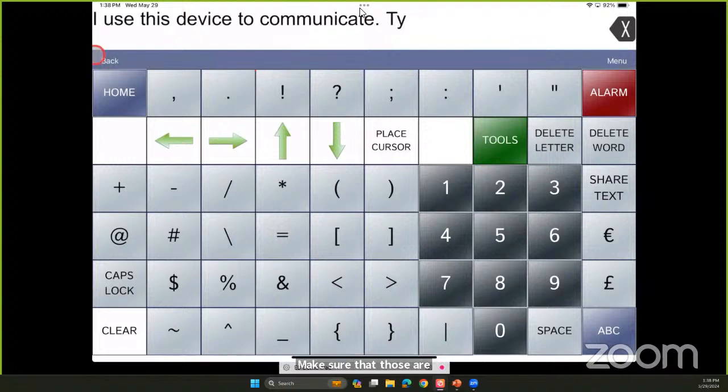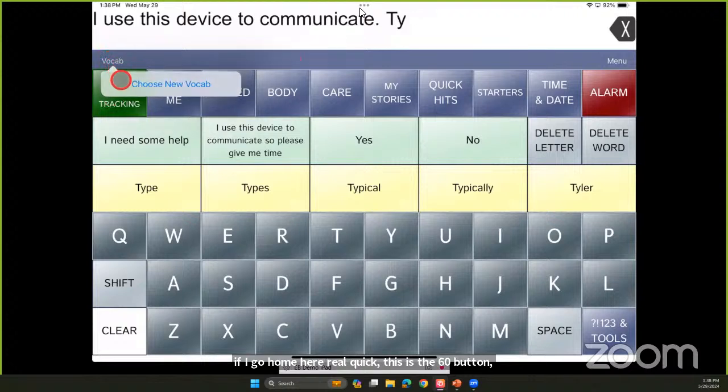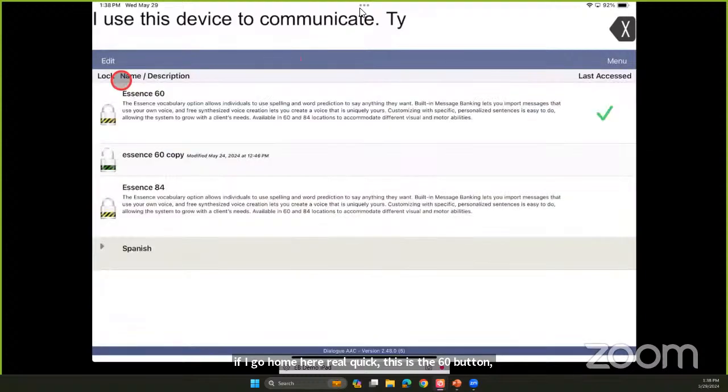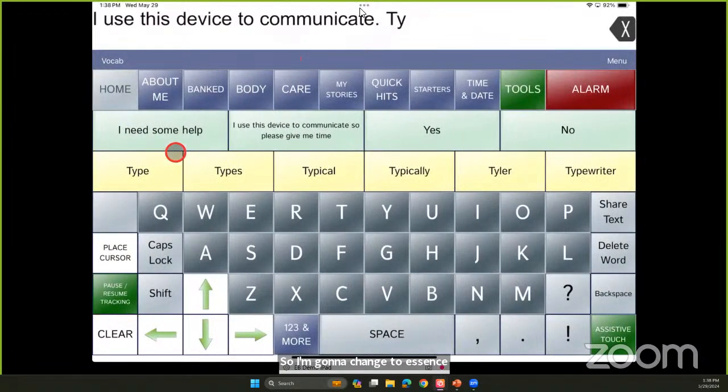And then if I go home here real quick, this is the 60 button option in this app. But if I go up to my vocab here and say choose new vocab, then I get an option for Essence 84, as well as options in Spanish. So I'm going to change to Essence 84 here.